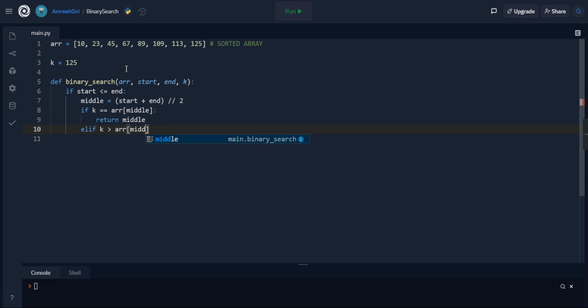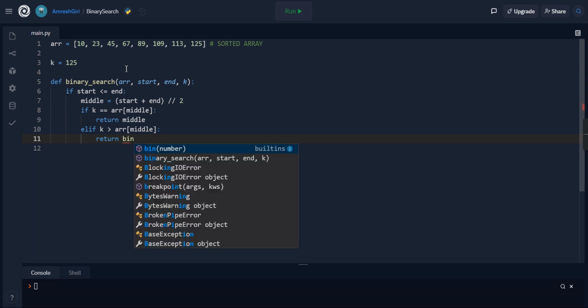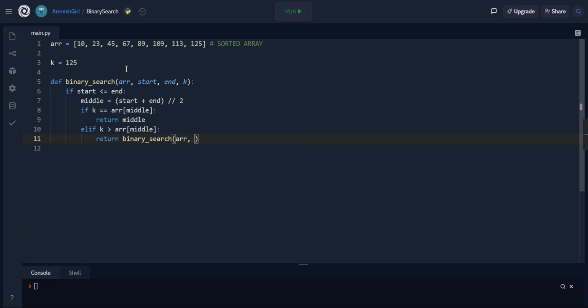So if that's the case, then we are simply going to call the function again, and we are going to discard the left side and continue our search with the right side. So we will call the function again, binary search with the array, and this time we are going to change the start and the end parameters, because we are already discarding the left side, because we know that the element that we are searching for is bigger than the element in the middle. So now what will be the starting? Starting will be nothing but the middle plus 1. Why? Because middle is not the element, so we'll check for the element which is just next to it, and we will continue to the end with the k as our parameter that we are searching, right?